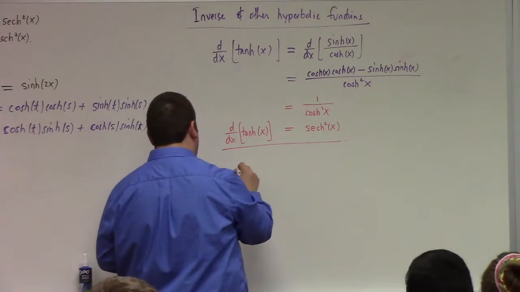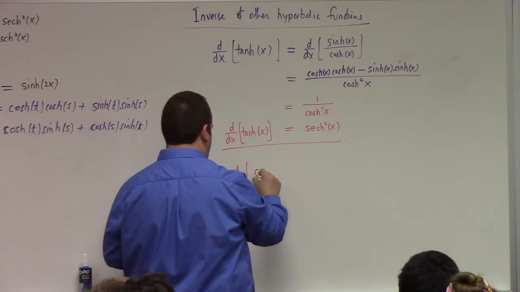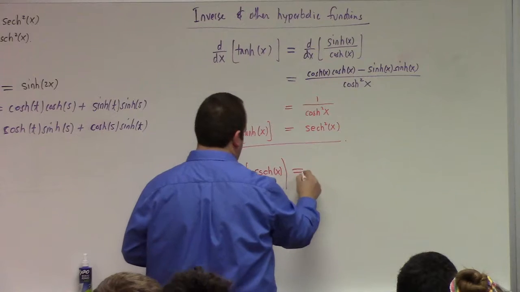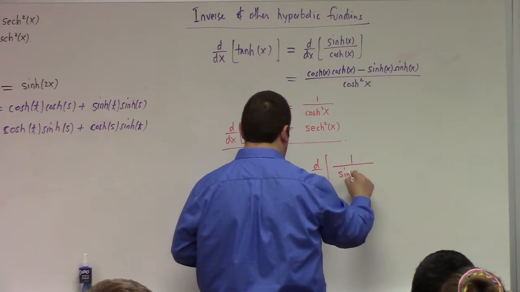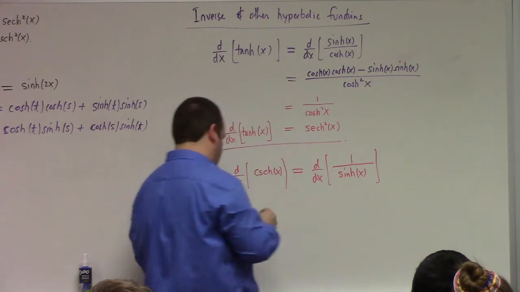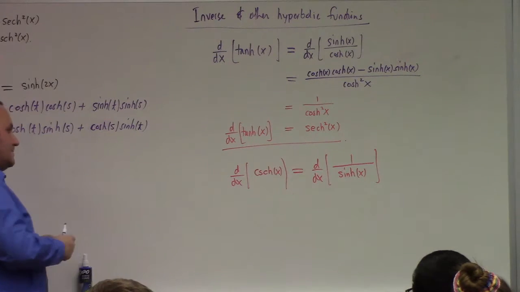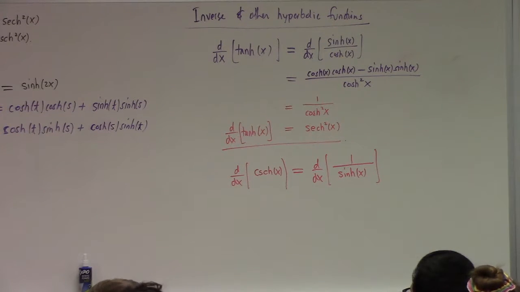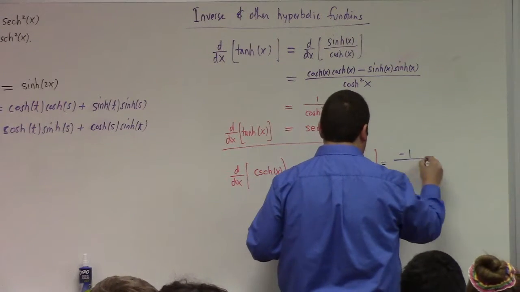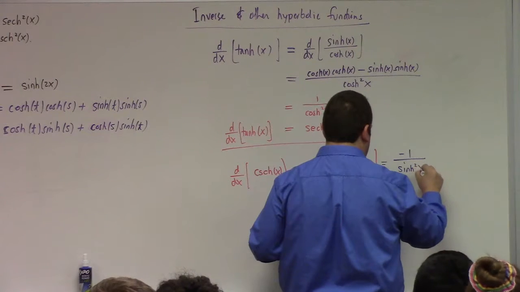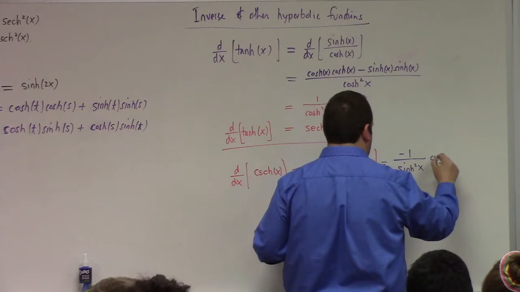I guess we can do another one. What's the derivative with respect to x of hyperbolic cosecant of x? So you can either use the quotient rule, right, or you could use a chain rule on the reciprocal function. I'll use the chain rule on the reciprocal function. In other words, this is minus 1 over sinh squared x times the derivative of sinh x, which is what? Cosh x,